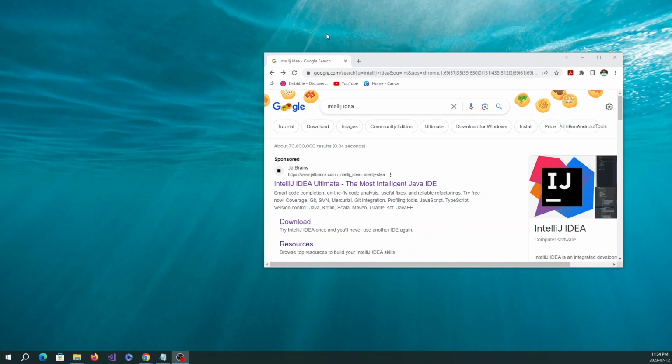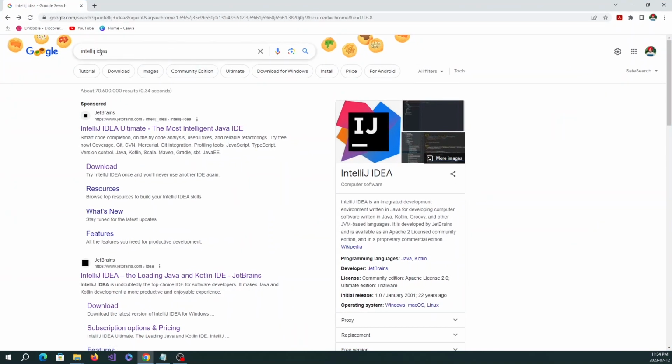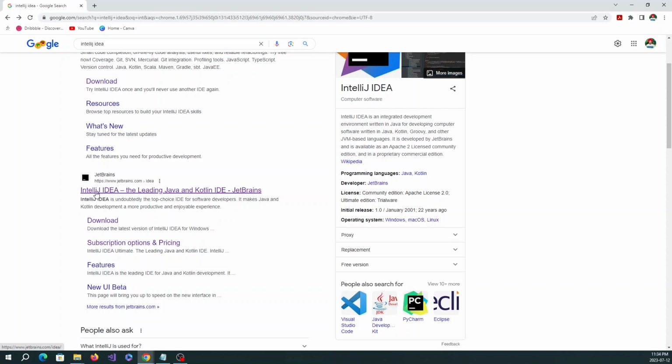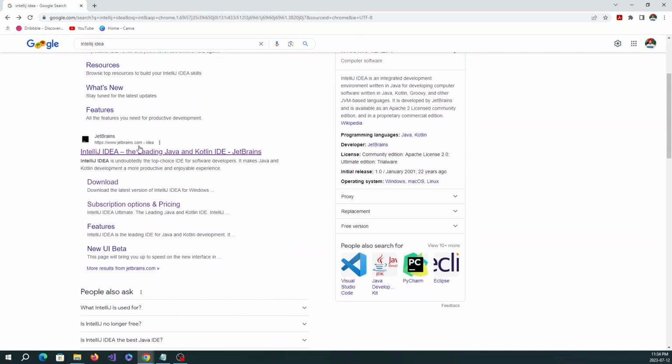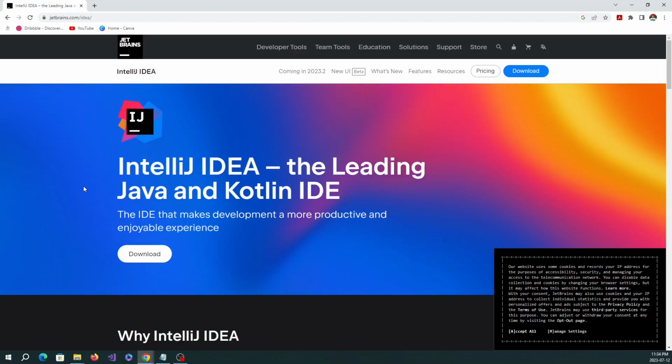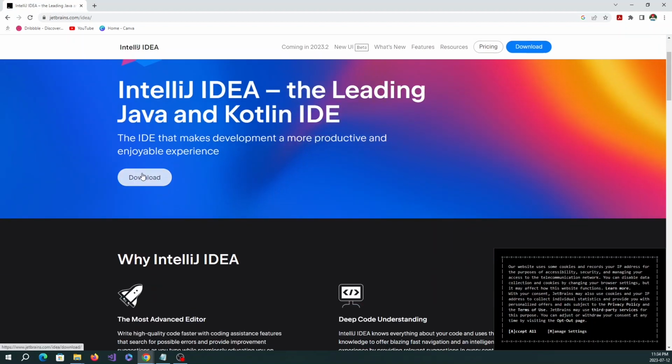So in this video we will be downloading and installing IntelliJ IDE. For this you need to go to Google and search for IntelliJ IDE, and make sure you go to this link where it says IntelliJ IDE, and not the Ultimate version. If you have the money and can afford it, feel free to go to that one, but this is the link for the free one. So you click here and then click on this download, and you can see jetbrains.com IDE,